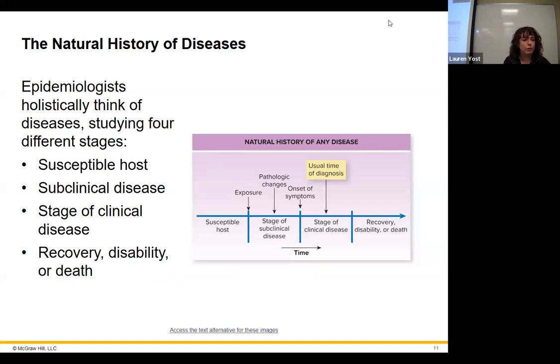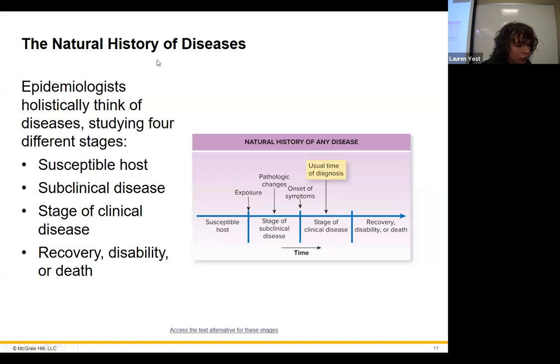Epidemiologists think of four different stages of a disease. Basically, this is talking about the history of a disease, not looking back to the 1800s or something, but literally the history of that kind of disease as we're looking at it. So we have somebody who is a susceptible host who isn't infected, right? You're capable of being infected with the disease, but you aren't infected yet. And you have an exposure.